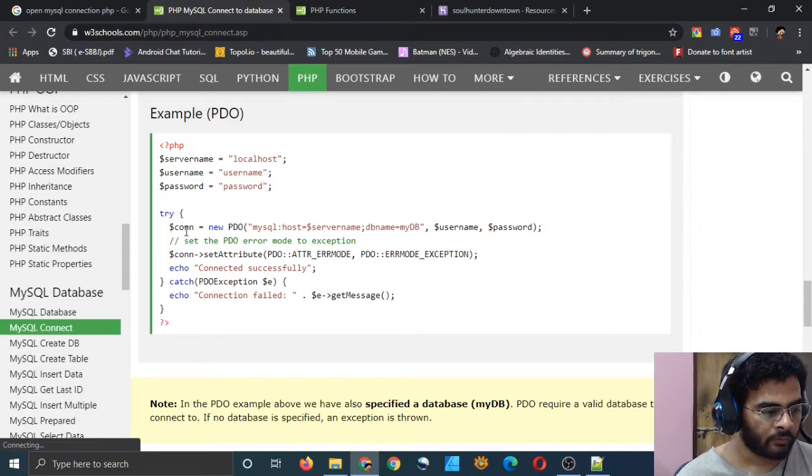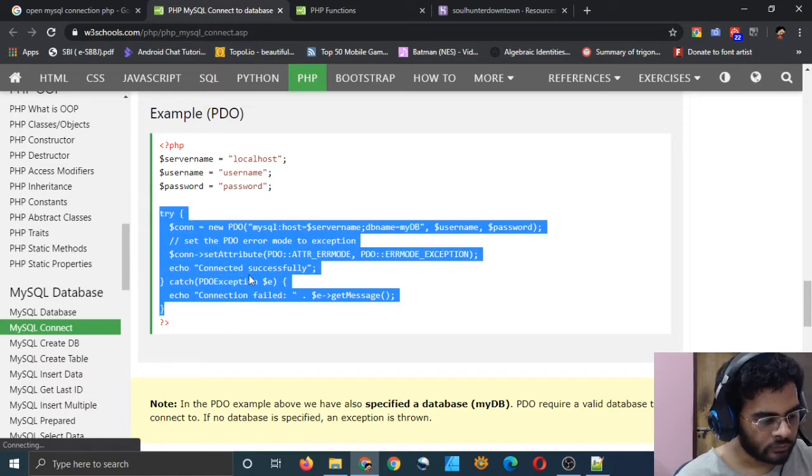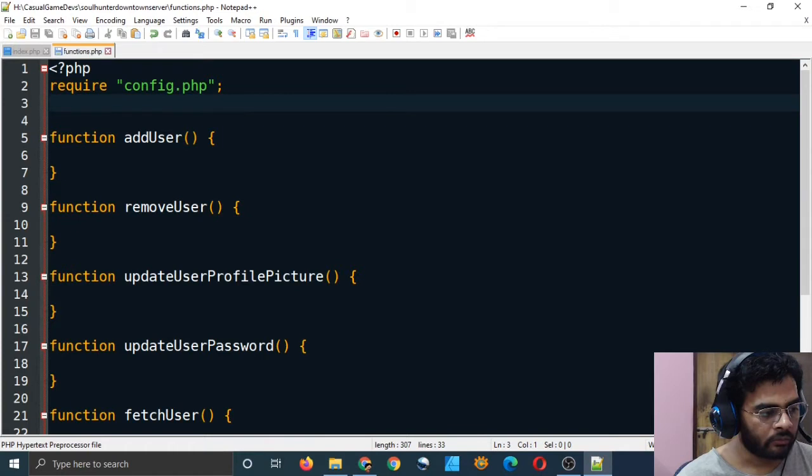It will open a new connection using our server name, database name, username, password, and then I think it will start some exception detection mode, and then it will echo connected successfully, and if there is some exception it will catch it and tell us that the connection failed because of such and such reason. So just copy, and in our file just paste it.